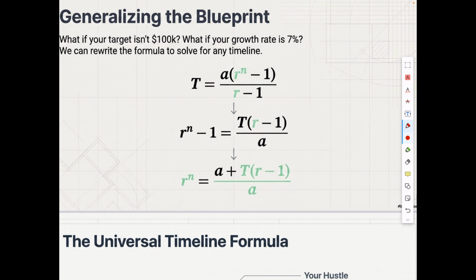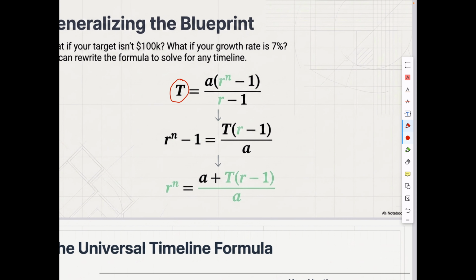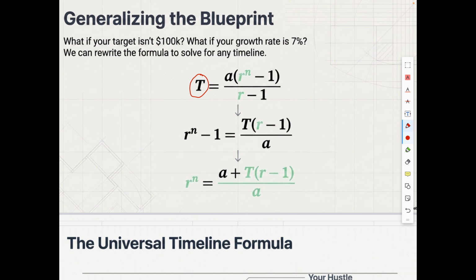So my Sn becomes T, my R power n, remember, this is actually your common ratio, not the 7% that we're talking about, and I put it into the equation, and then same thing, I multiply the R minus 1 over and divide, I get this